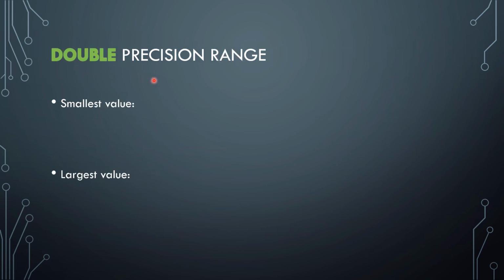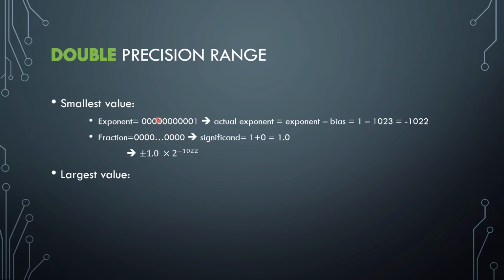To find the double precision range is exactly the same idea as for the single precision. For the smallest value, the exponent should be all 0 except for the last bit. Therefore, the actual exponent will be minus 1022. As for the fraction, we set all the bits to be 0. This will give me a significand of 1 plus 0, which is 1.0. Therefore, the smallest number that we can obtain using double precision range is plus or minus 1.0 times 2 to